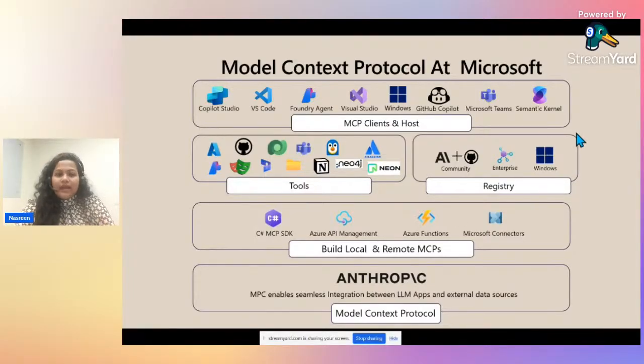And at the top, the various clients and hosts are Copilot Studio, of course, it's there. We did leverage VS Code in our demo session. Then the Azure Foundry agent is also there, right? We have Visual Studio, we have Windows, and so on, right? So this is the whole picture of how MCP is helping accelerate productivity, and building local and remote MCP servers